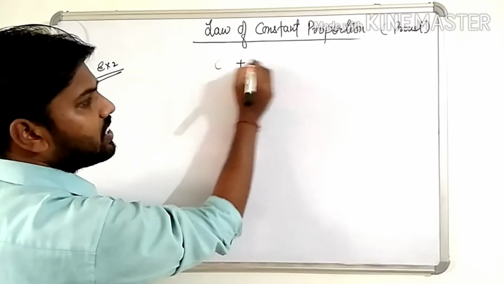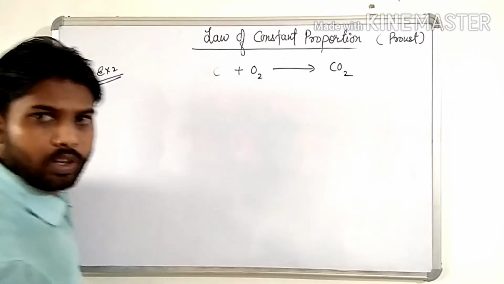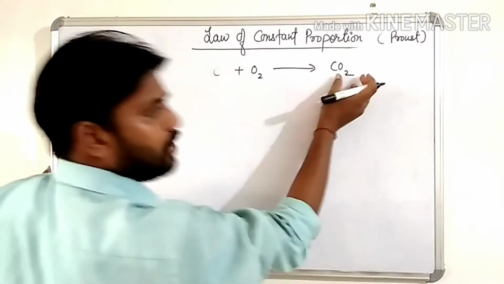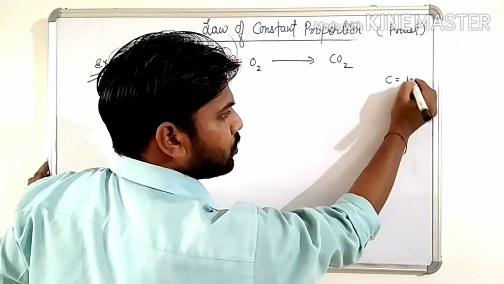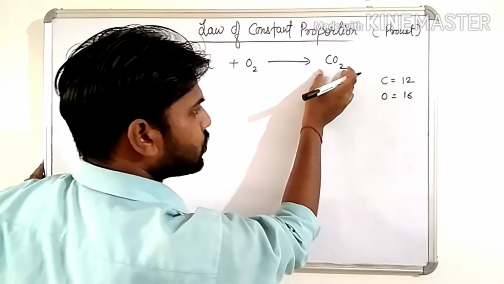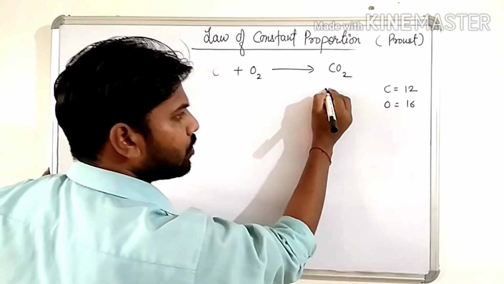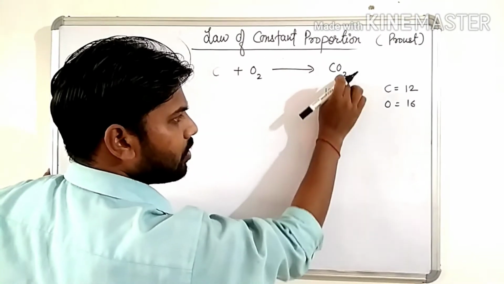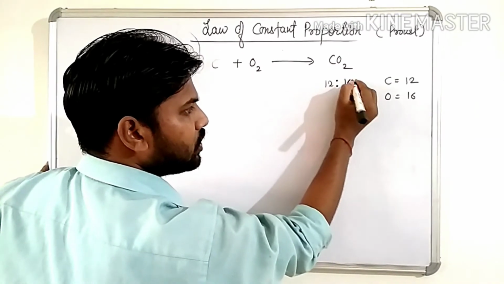When carbon burns in air, it gives carbon dioxide. Now calculate its ratio, children. The mass of carbon is 12 and oxygen is 16. So the ratio in carbon dioxide will be 12:2, but there are 2 atoms of oxygen, so 16 into 2,